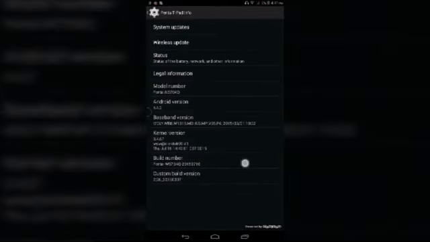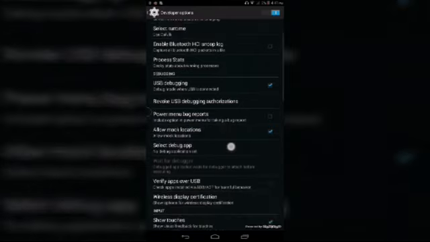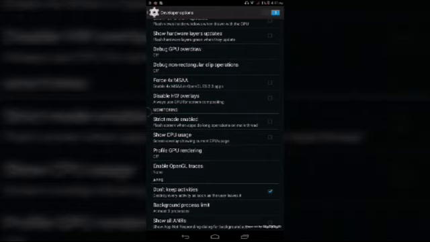Now you can see there are many options, but there are many good options here to help you a lot. Let me show you that. Like at the bottom, you can see don't keep activities. As soon as you enable it, you get a feature called background process limit.